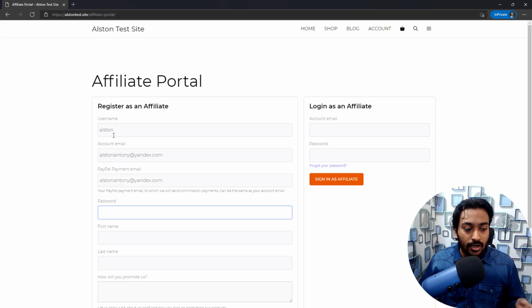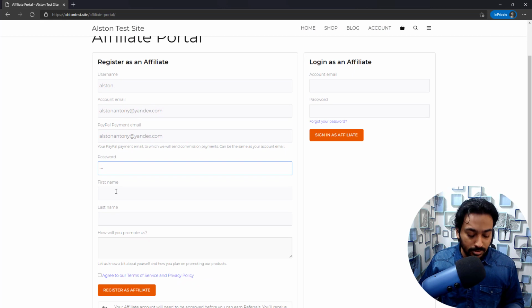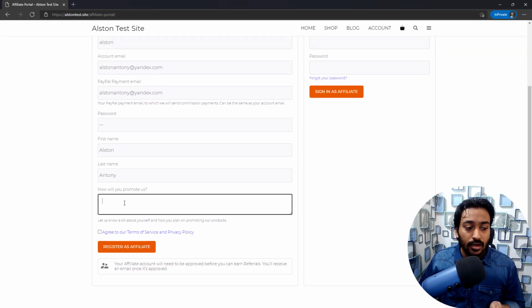Let me enter it. Now you enter the password here. I'm just going to give a random password. I'm going to give my name, and I'm going to give how I'm going to promote this. This is a valid field to have because you want to ask any of the affiliates who are signing on to your program how they are going to promote it, because not every affiliate is going to use a really good, ethical way of promoting your products.